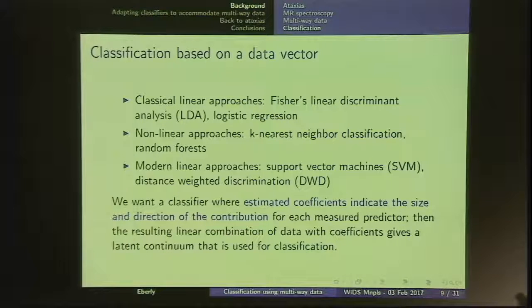For these linear procedures, then also, if I take those weights, those coefficients, in a linear combination with the data, my variables, then I get an underlying latent continuum, and that is, in fact, what informs the classification. We threshold on that to decide, is this particular sample predicted to be a case or a control, or a bridge that is degrading or not degrading?